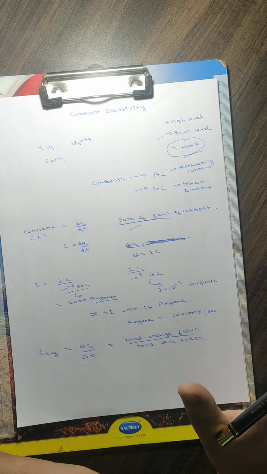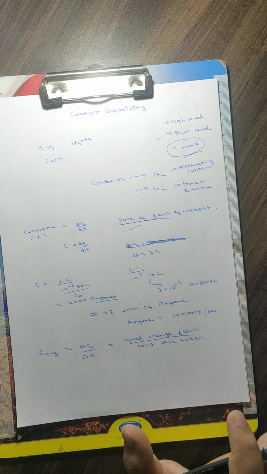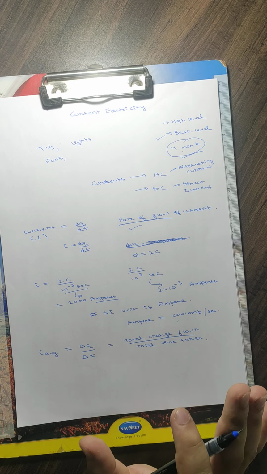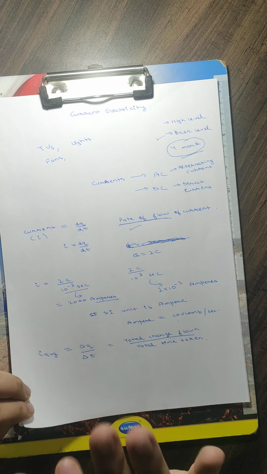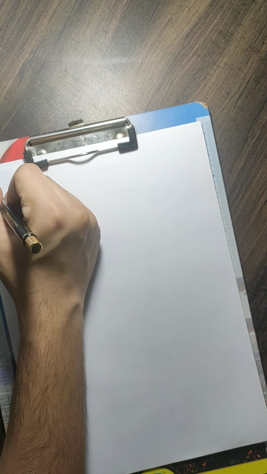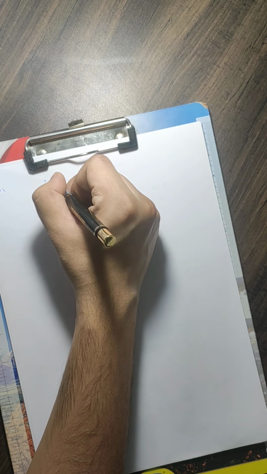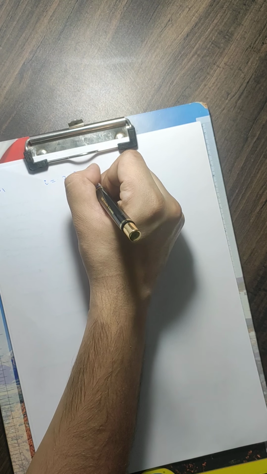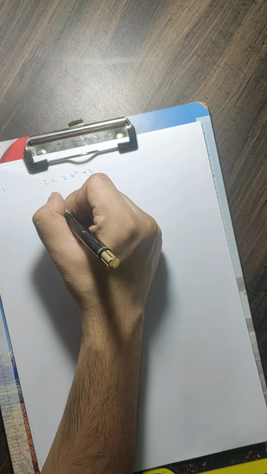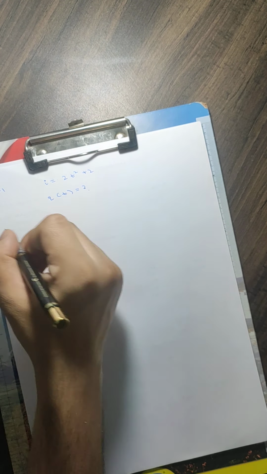Maybe a direct question won't be asked on this basic introduction, but for the clarity of the topic, to be comfortable with the chapter, we need to understand this stuff. Okay, so let's take an example from the basic stuff. If I give you I as a function of time, and I need to find charge as a function of time, how will we attempt it? Think.